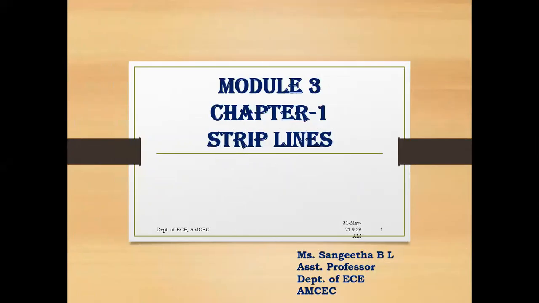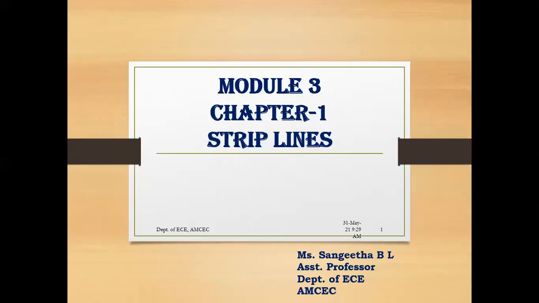So module 3, we have two chapters again here. One comes under microwave, which is called microwave strip lines. The second chapter, we will be moving on into the antenna part, where you'll be studying the basics of antenna. So till module 3, chapter 1, you have the microwave part. From chapter 2, you will be studying the antenna part.